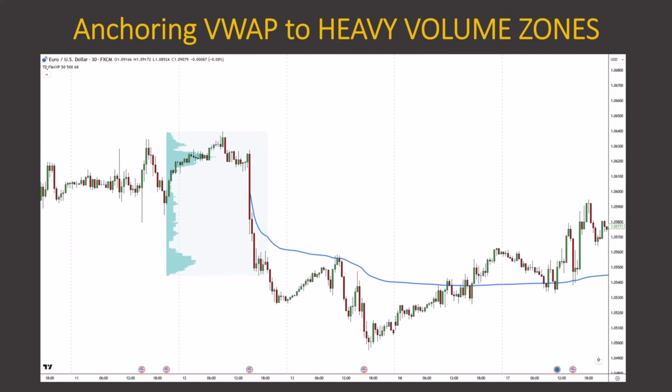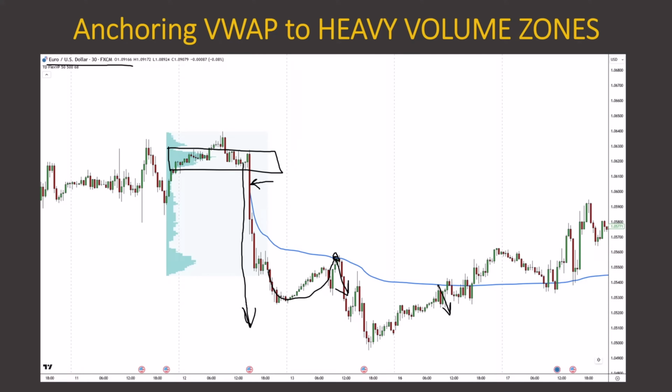This is euro-dollar 30-minute chart. In here there is a rotation, and in that rotation there's a heavy volume zone. From that, strong trend activity started. So what you do is you anchor the VWAP to the last candle of that rotation and the start of the trend. That's this huge red candle. So you anchor the VWAP there, and from there it's as usual pullbacks to VWAP. So short from here,